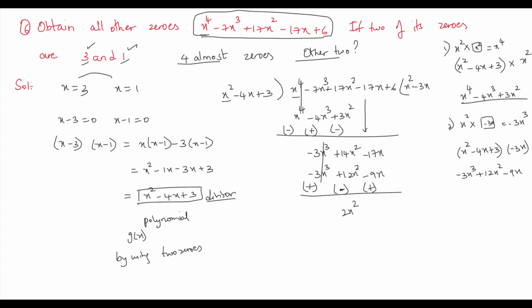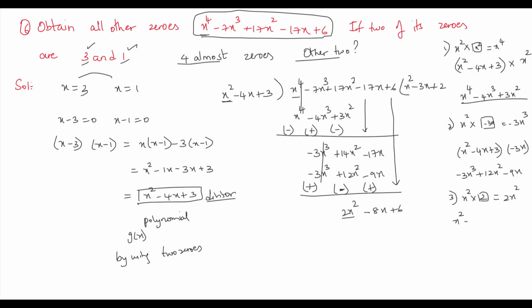Again remember, always take the sign which you have changed, not what it is. Minus 17x plus 9x will give us minus 8x. Get this down carefully. That is plus 6. Repeat the step. Compare x square and 2x square. That is what should be multiplied to x square so that we'll get 2x square. That is 2. So take that 2, place it over here in the quotient part and